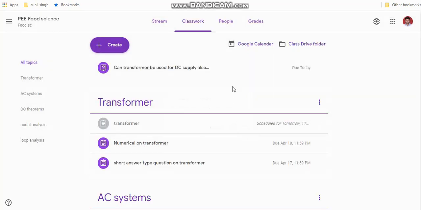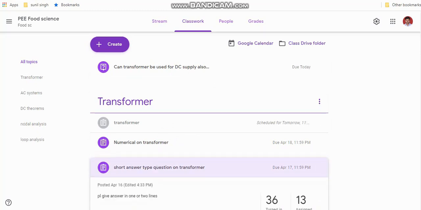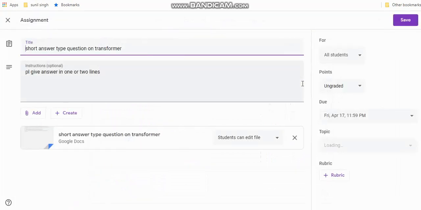So it is deleted. And if we want to modify the assignment, we can modify it from here. Numericals on the transformer or short answer type questions like this. So this is the assignment, short answer type question, and from here we can edit also.